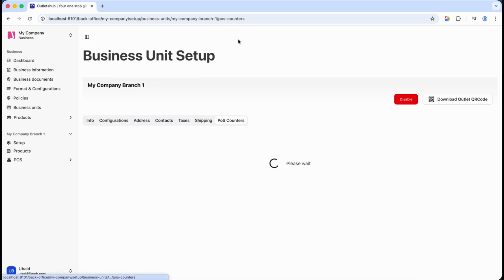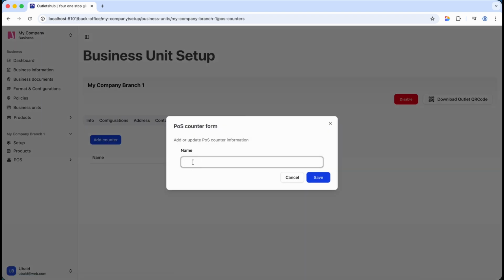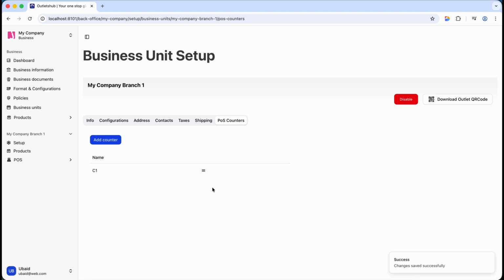Next, we come to the point of sale counter. Point of sale counters are needed when the point of sale terminal tries to access the point of sale: you have to define a counter so that they can actually log into a particular counter. So I will just call it C1. You can define as many counters as you like. For now, it is unchecked, but later on, it will be as per the